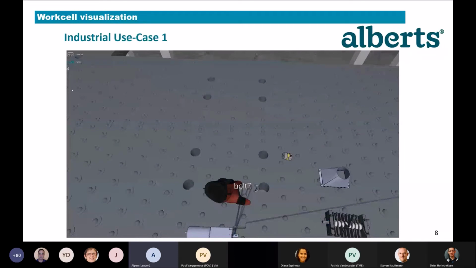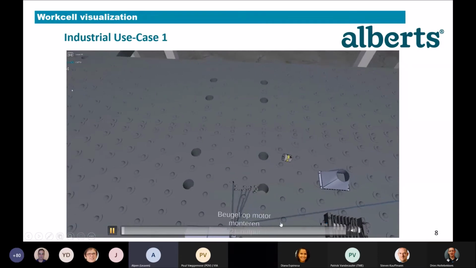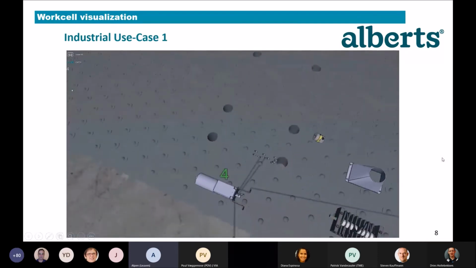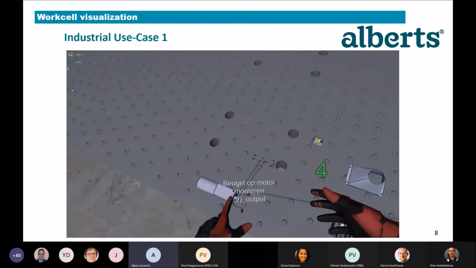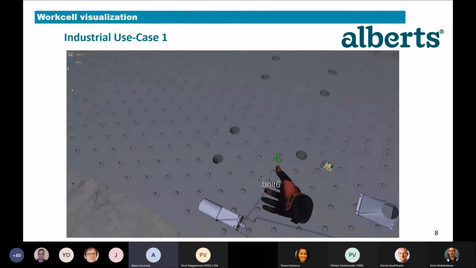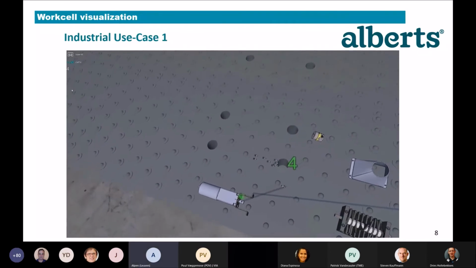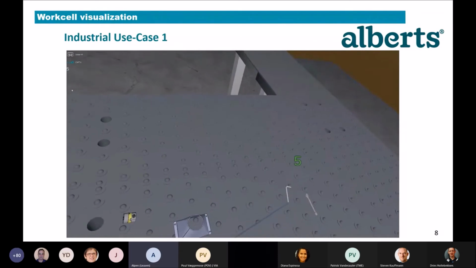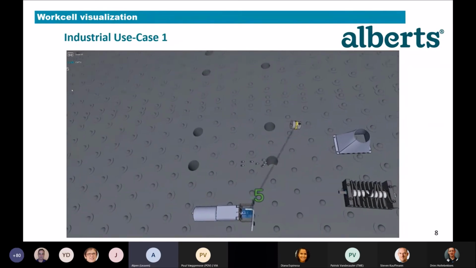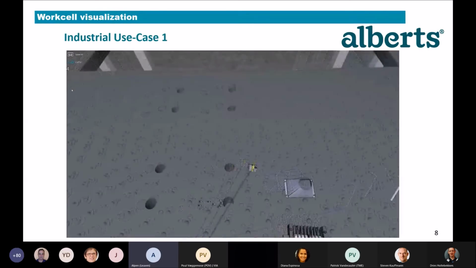To better visualize what we are doing, here we have one use case that we developed in collaboration with Albert. It's not so complicated, it's just one table. But you can already visualize in advance how the assembly process would be of their crushing machine, one of the crushing machines that they use. They are producers of smoothie machines. So they have a crusher that takes the fruit and makes the juice out of it. And here you can see how the process of